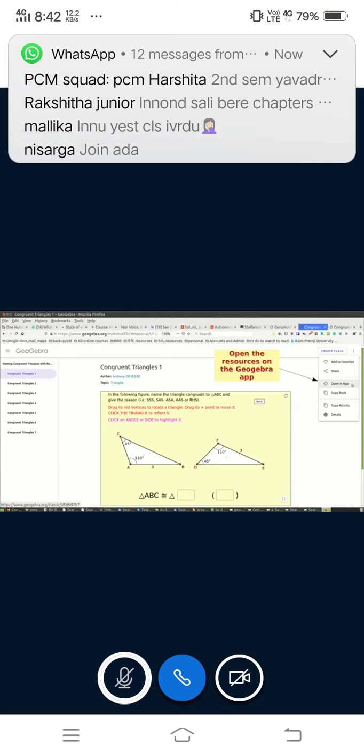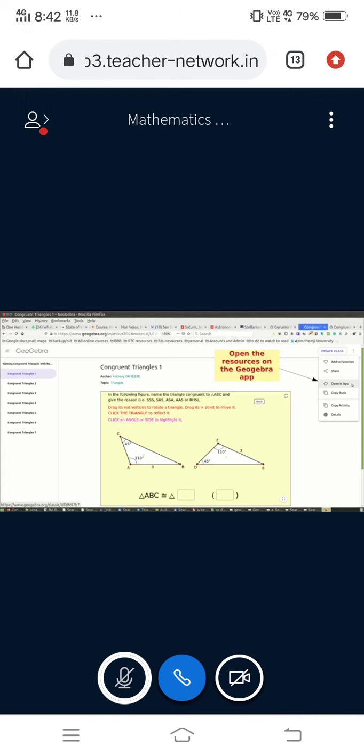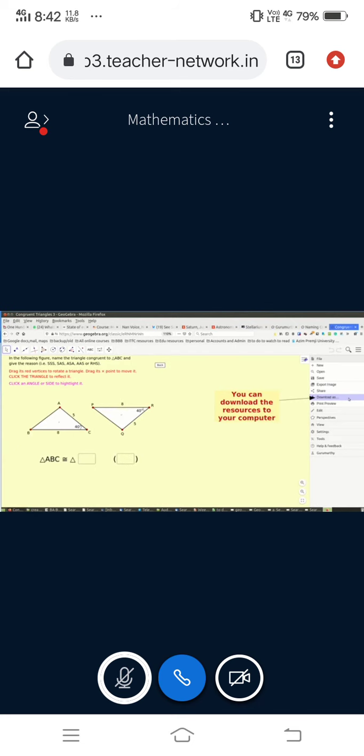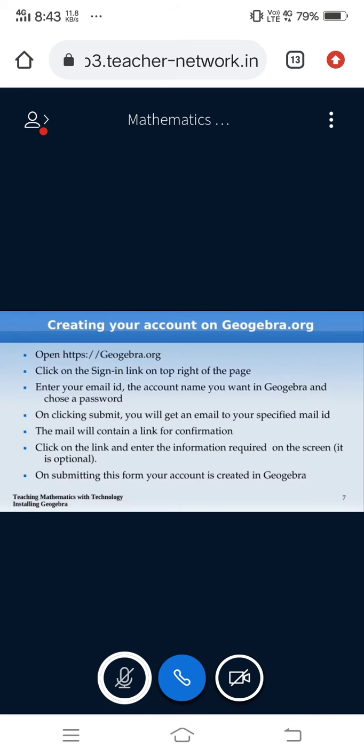Now when you click on that resource, it opens it on GeoGebra. If you want to edit that resource, because it's an open resource, you can not only download the resource, you can also edit it on your own computer. You need to click on the 3 dots that you see on the right side and select the Open in App option. So GeoGebra will open the file in your own GeoGebra app, but on the web. If you want to download it to your own computer, you have to select Download As, and then you can download the GeoGebra file to your own computer and edit it like you would edit any GeoGebra file. That was accessing and downloading resources already available on the geogebra.org OER repository.